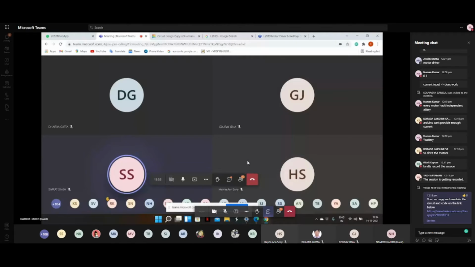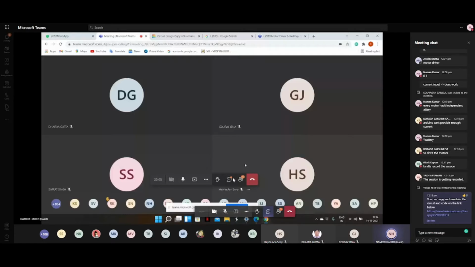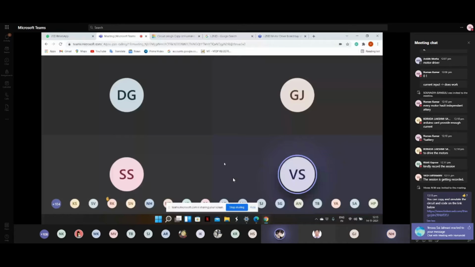So where was I? Do you know why these pins are used? Yeah, someone answered PWM pins, right? Yeah, I heard it. Someone said PWM pins. So, do you know what a PWM pin is? It's the on and off time ratio of the signal. So you can modify how much time it should be on. It's a digital signal, and you can manipulate how much time the signal should be high and everything.